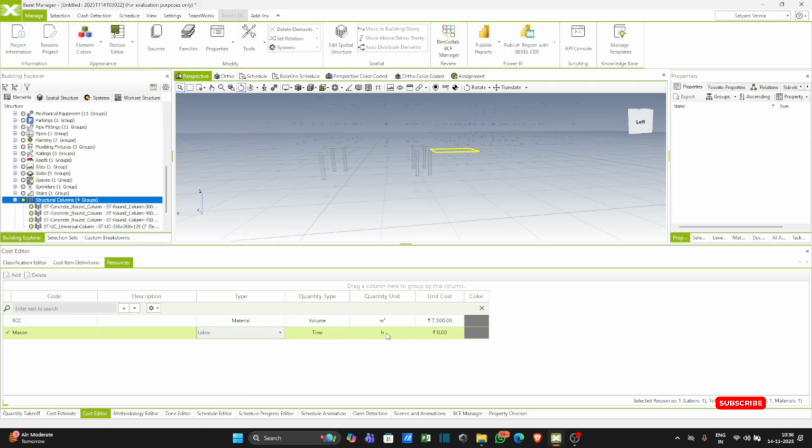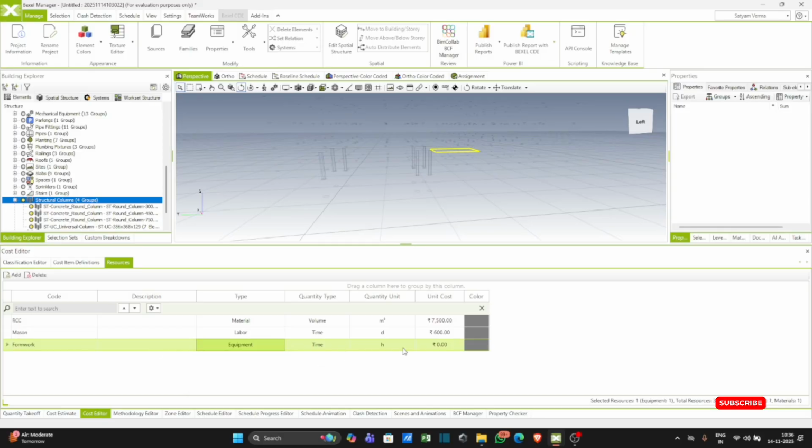Mason is labor, time based, by day. Day rate is 600, assume. Add another: formwork, day wise, and 20 rupees. Now we have added only 3 resources.